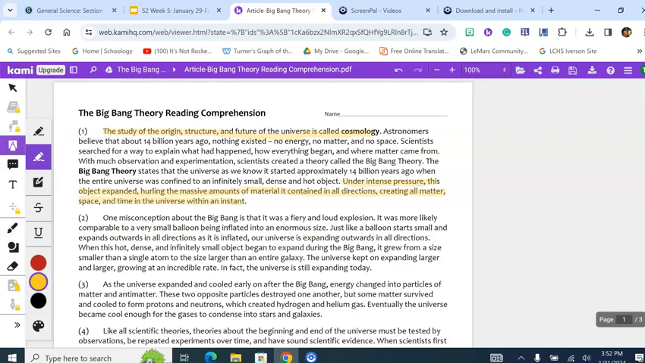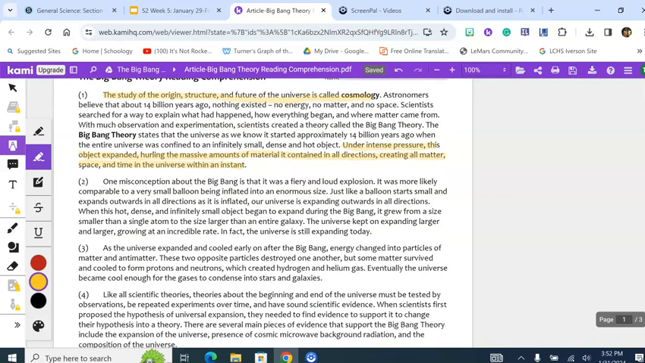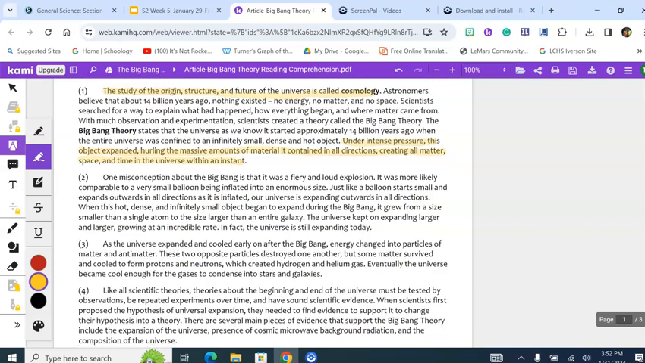Paragraph number 2. One misconception about the Big Bang is that it was fiery and a loud explosion. It was more likely comparable to a very small balloon being inflated to an enormous size. Just like the balloon starts small and expands outward in all directions as it's inflated, our universe is expanding outward